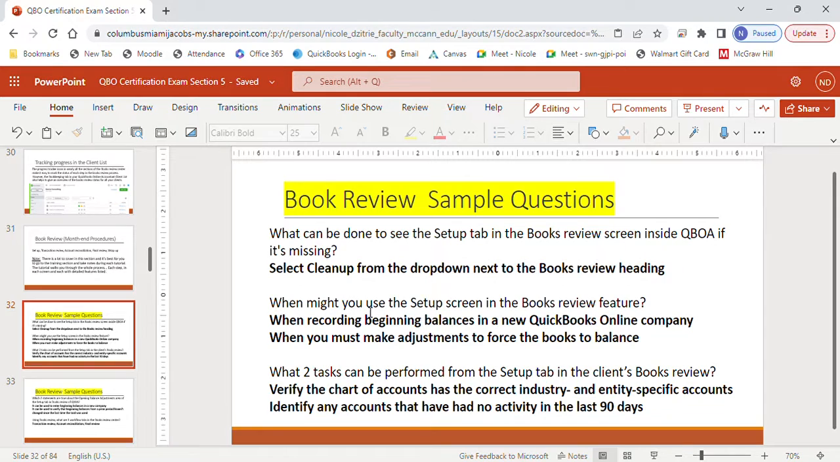When might you use the setup screen in the book review? When recording beginning balances in a new QuickBooks Online company, and when you must make adjustments to force the books to balance. I took that word for word from the tutorial. So another question, what 2 tasks can be performed from the setup tab in the client's book review? Verify the chart of accounts has the correct industry and entity specific accounts, and identify any accounts that have